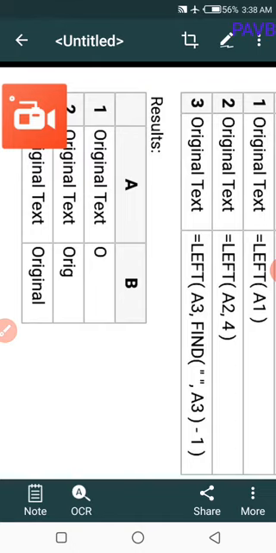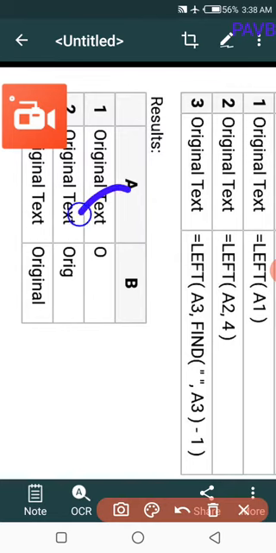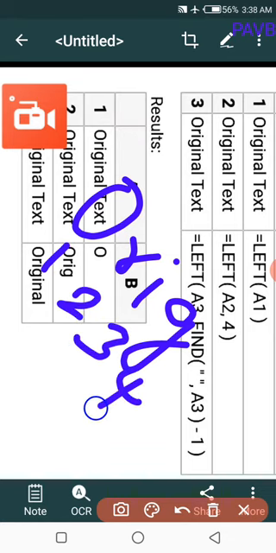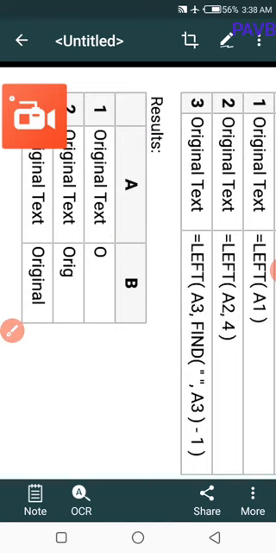Four letters, what are they? First letter O from the LEFT function, then R, I, G. Total count: 1, 2, 3, 4. What is the output? O, R, I, G.